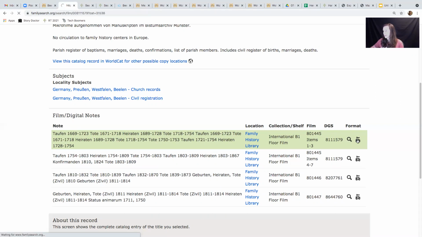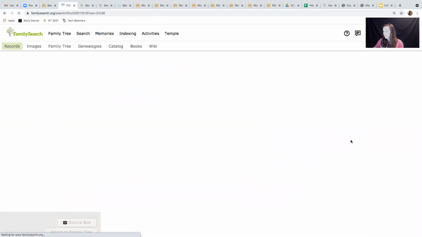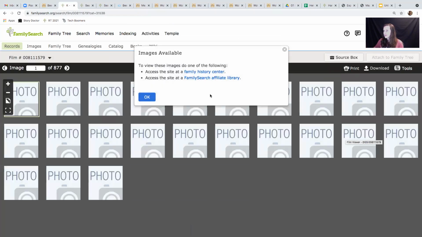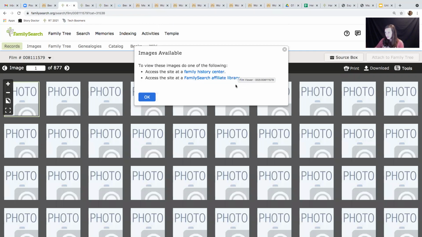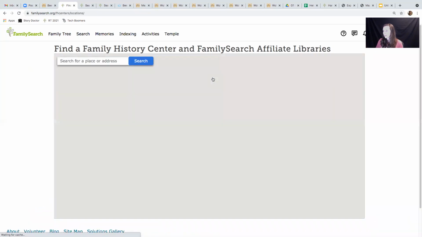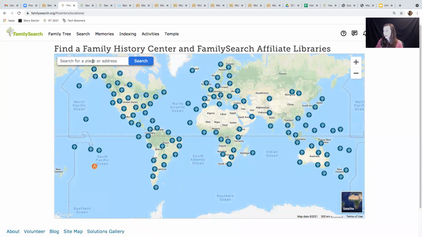So if I click on this one, it says you have to view them at a family history center or FamilySearch affiliate library. So I'm not sure if the Wolfeboro Public Library is a FamilySearch affiliate library. I don't remember if I heard that or not. It is. It is. Okay. So if you come across one that says a FamilySearch affiliate library, you can go and view it at the Wolfeboro Public Library. You can also click on it and you can search by your address,